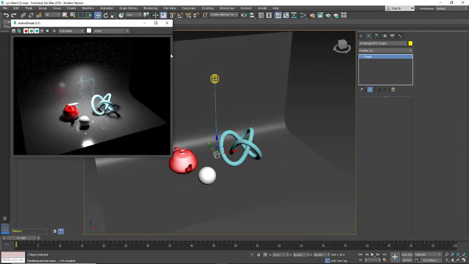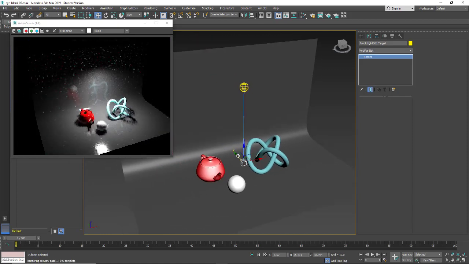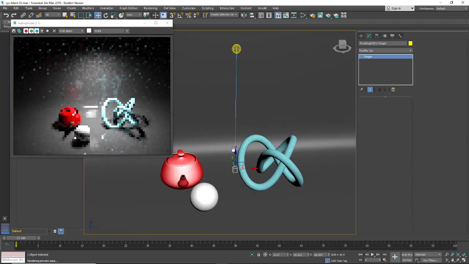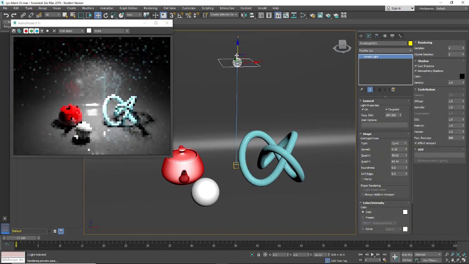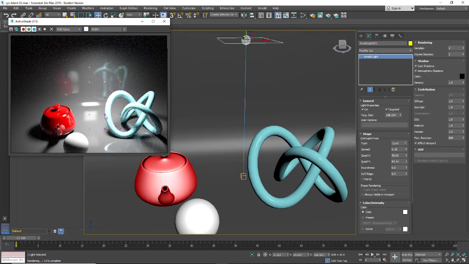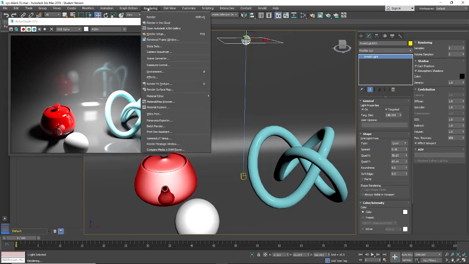And then we're just going to do an active shade so we can take a look at it. So this is what I'm getting with my light. And I'll move this down just a little bit. That'll work. And you can see we're getting that nice feedback, and it's rendering the buckets. I can see it's a bit overly bright, but that's some of the settings I have, and we can adjust those. So under our rendering settings,